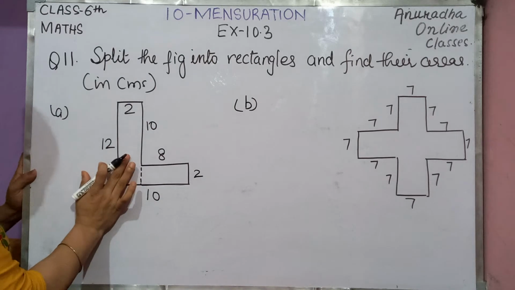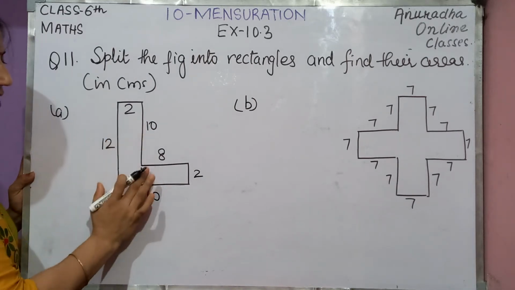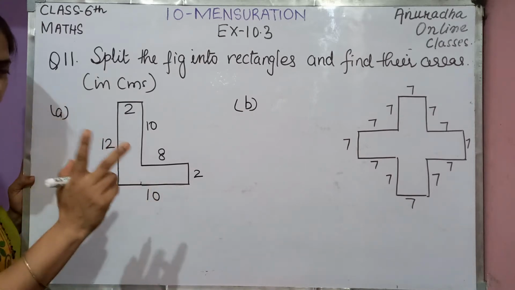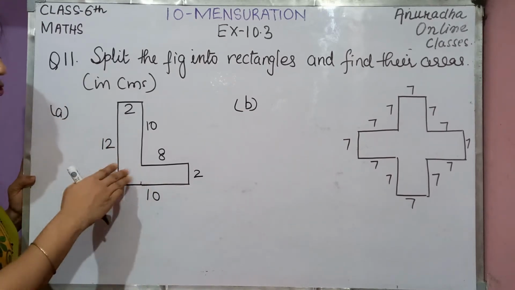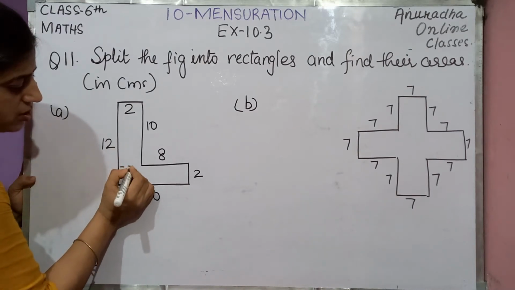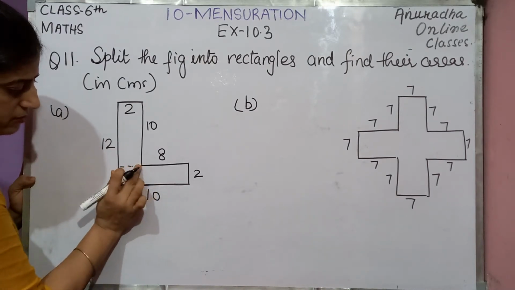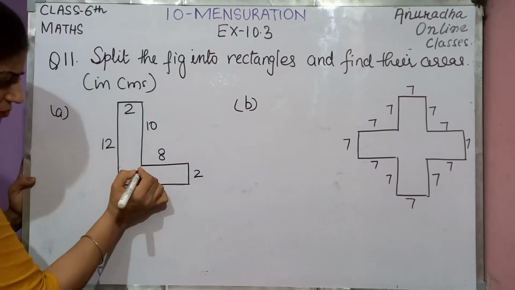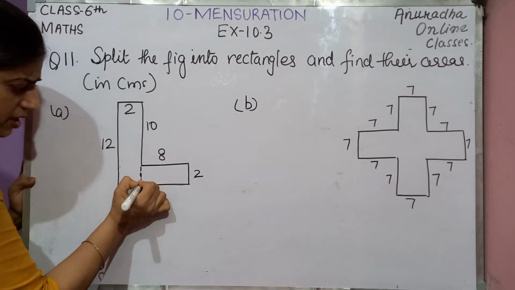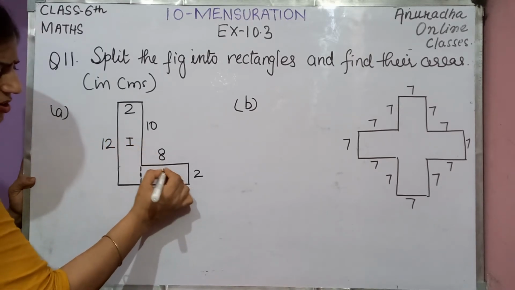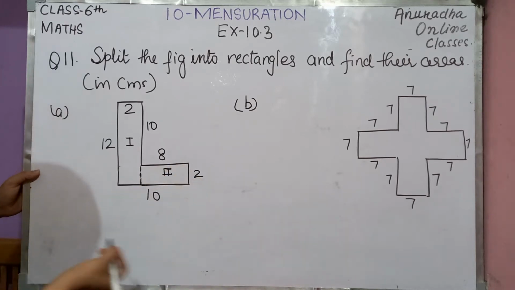See, the first one is given over here. अब ये आपको डॉटेड लाइन दी नहीं है, आपको इस एल को जो है टू पार्ट्स ही होंगे इसके, टू रेक्टेंगल्स में हम इसको डिवाइड कर लेते हैं. Either you can put this dash here और अगर ये नहीं करना आप यहाँ पे भी कर सकते हैं, whatever. तो I have done here means this is the first one and this is the second rectangle, right? Now let's find out the area.